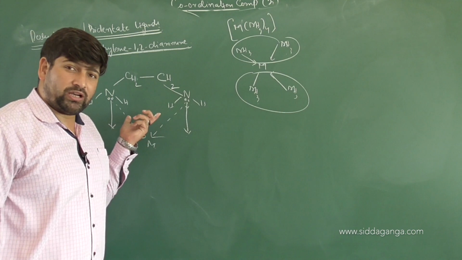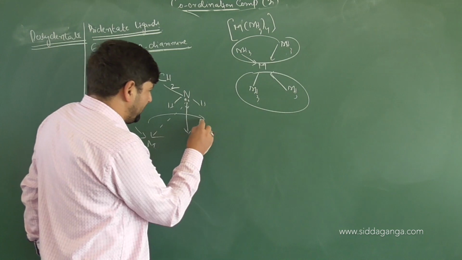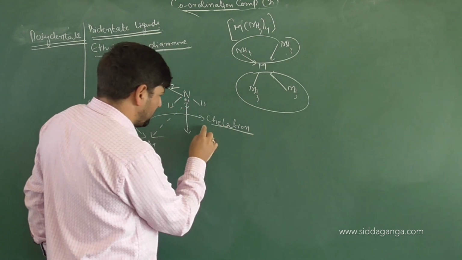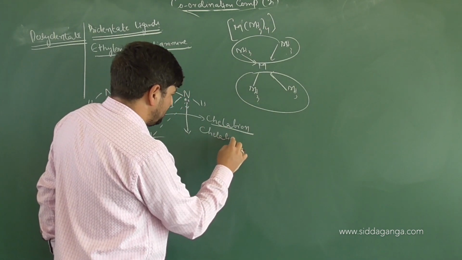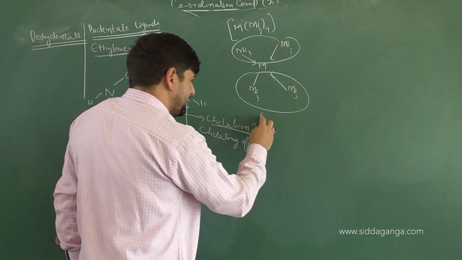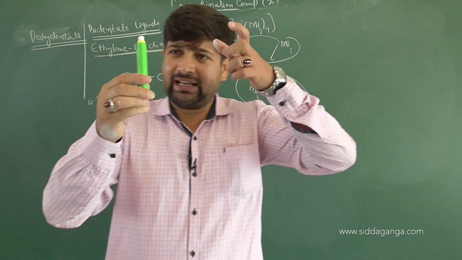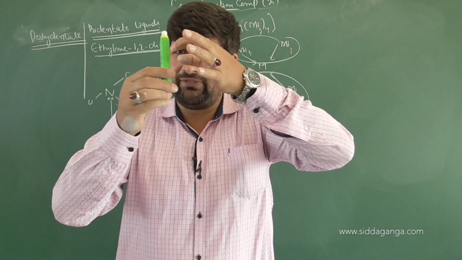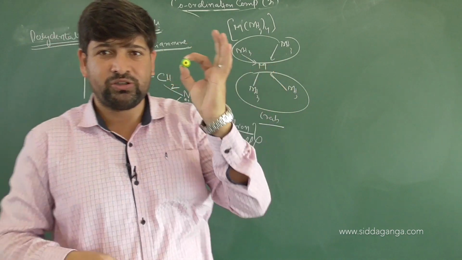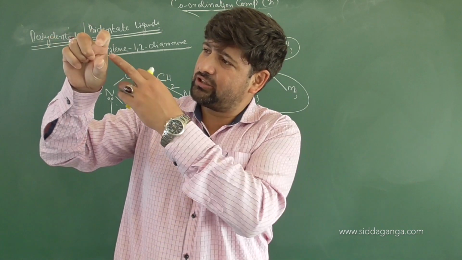The tendency of a polydentate ligand to develop ring structures around the metal atom is called chelation, or we call this the chelating effect. And what does the chelating effect do? It's like a crab structure. It's very simple. If you consider something over here, and the crab holds it by the tentacles, it will hold it like this, right? So on the back, what will be developed? A ring structure is developed on the back, yes or no? So you can see that a ring structure is formed on the back.